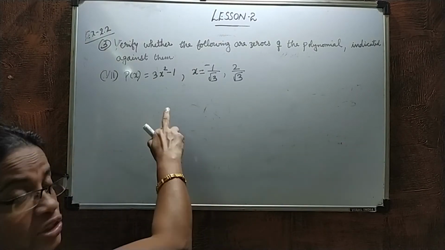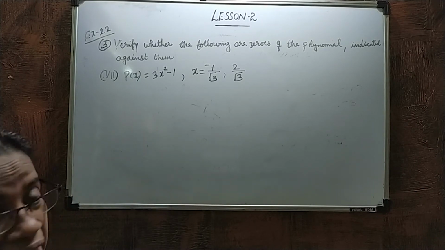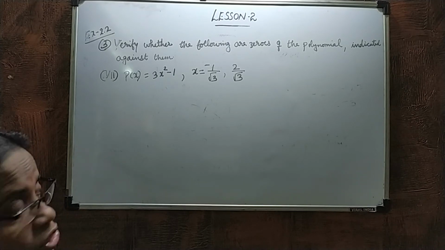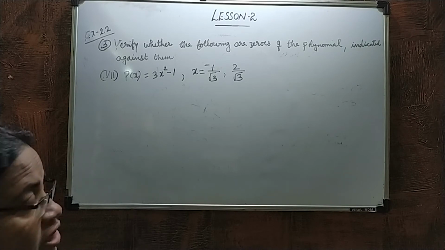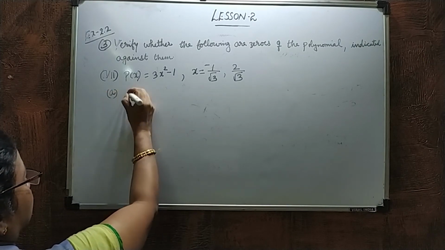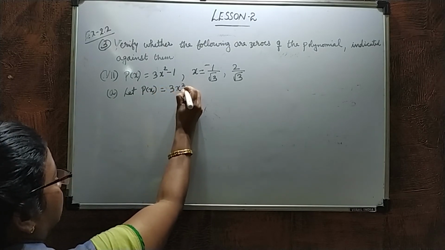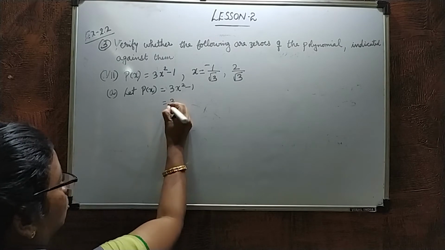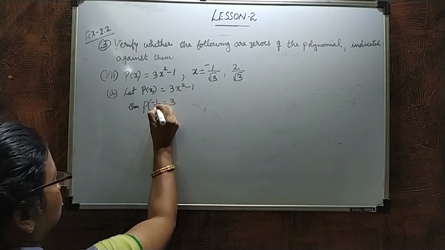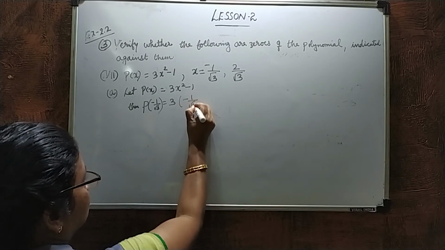Okay, clear? 7th question, P of x is equal to 3x square minus 1, and the values are given as negative 1 by root 3. You have to remember that the negative sign is there, and then 2 by root 3. You have to find out whether these are zeros or not. Okay, we'll start now. So, first one, A, let P of x is equal to 3x square minus 1. Then P of negative 1 by root 3 equals, clear, 3 into negative 1 by root 3